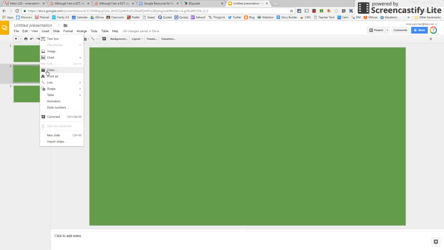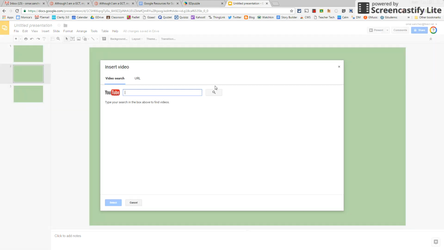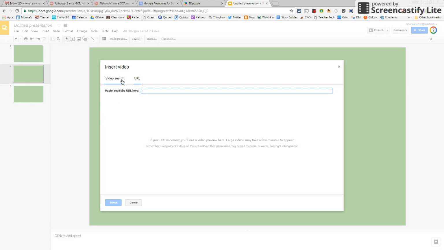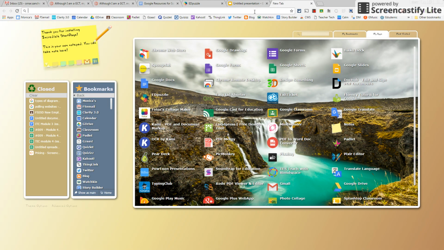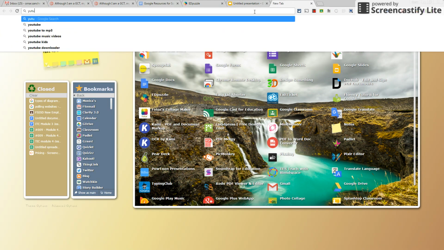To insert a video, very much the same way. Now this one, you can only insert videos from YouTube. So you can do a YouTube search, just type it in right there, hit enter, or you can go to the main site, go to YouTube, youtube.com,